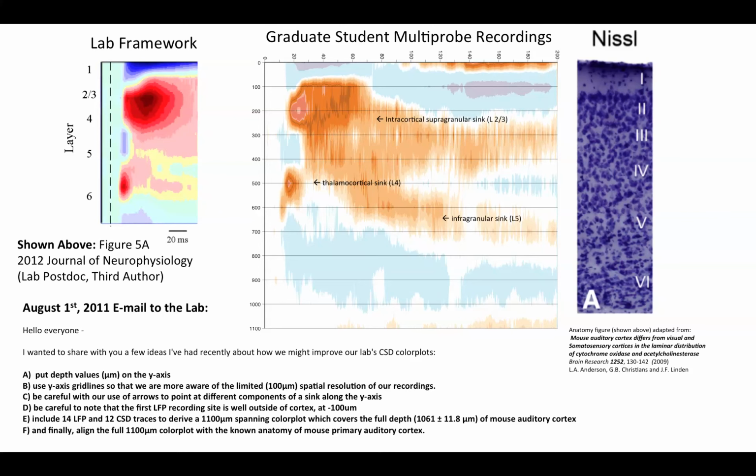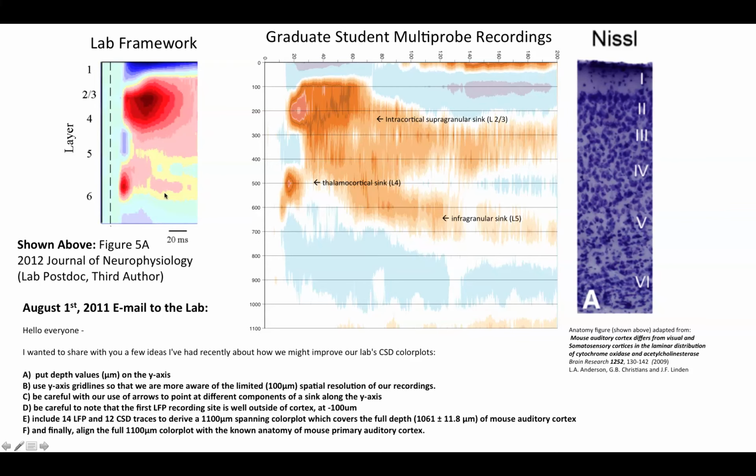And I later found out, 2 months later, that this 2011 Journal of Neuroscience paper was submitted the day after my last day in the lab. Now, I had never seen these figures, the figures in the 2011 Journal of Neuroscience paper, until two months after I'd been out of the lab, when I saw it published on the Journal of Neuroscience website in October. And I was really shocked that they had put layer 1 above the surface of cortex. And in fact, even if you look at this figure right here from the 2012 paper, which just came out a few months ago, after the 2011 Journal of Neuroscience paper, suddenly layer 1 is back over here again. Here's layer 1.